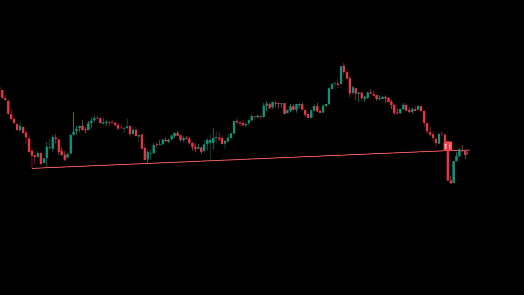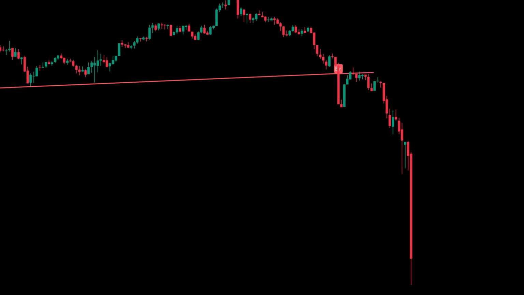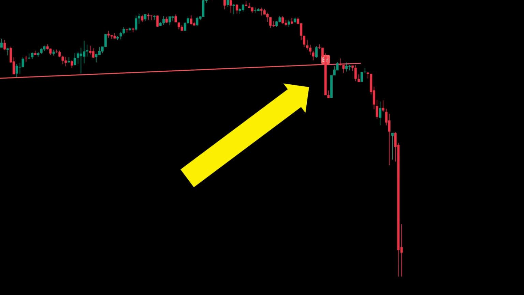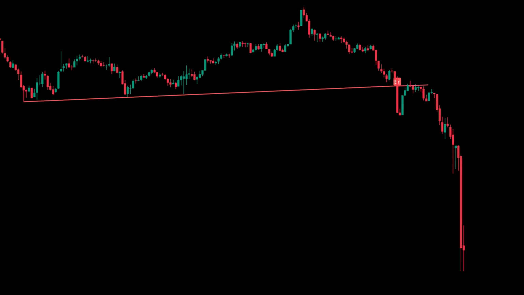Price comes back to retest that same line. This time, it rejects and collapses lower. That's a picture-perfect flip. Former support becomes resistance. The indicator catches it instantly. No guessing. This is why structural awareness matters, because every break and retest tells the story of where momentum is